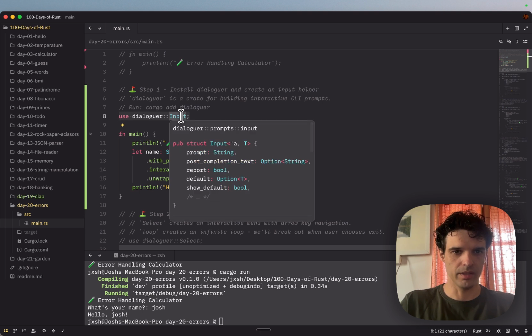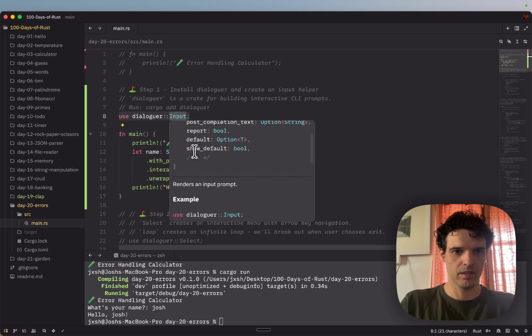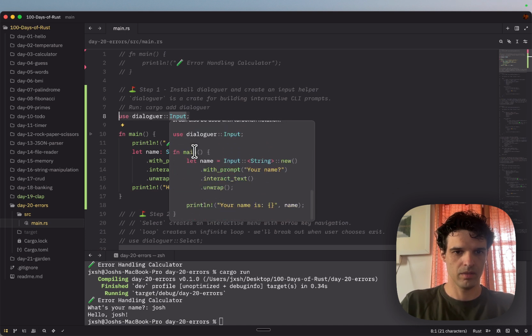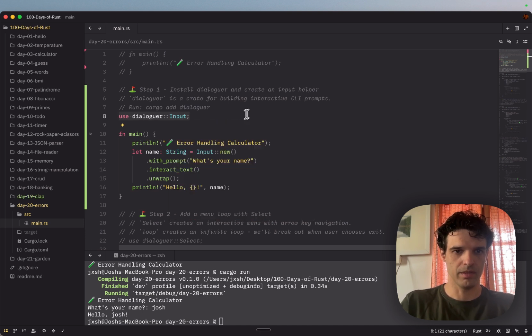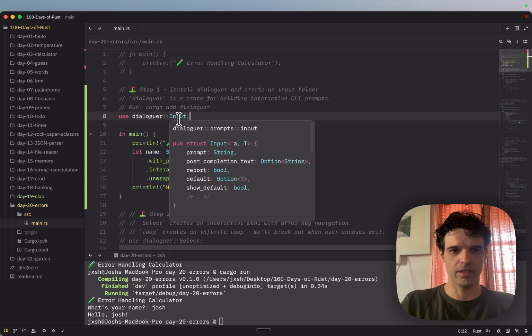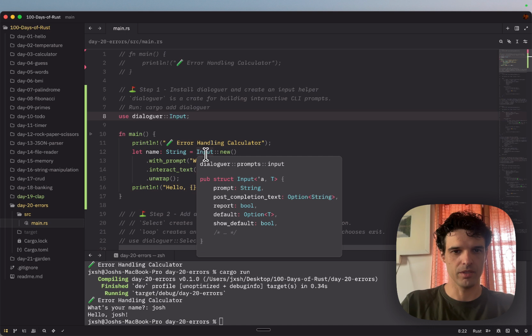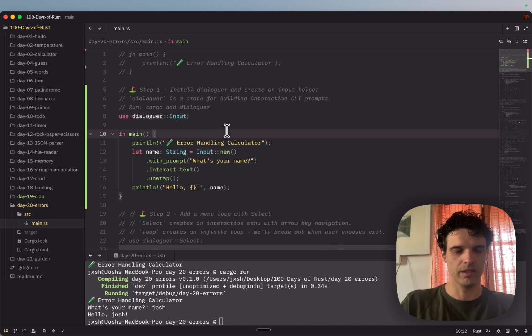what is it called? Is it a method? Why doesn't it tell me? Method, which is a method on the Dialoguer crate, and it could be a trait. I'm going to call it a method. Implementation, functionality. I need to learn this. You need to run cargo add dialoguer to get this, and then you can interact with the text, which is